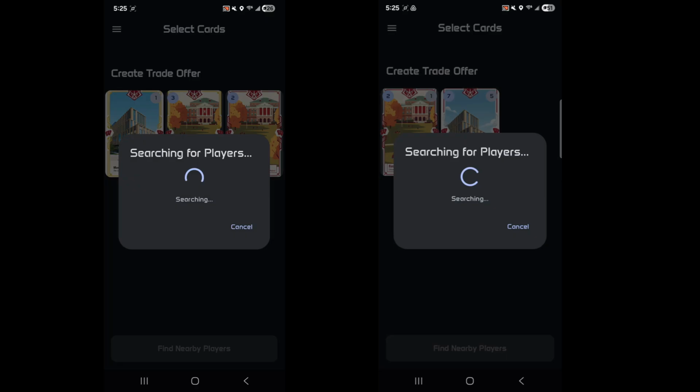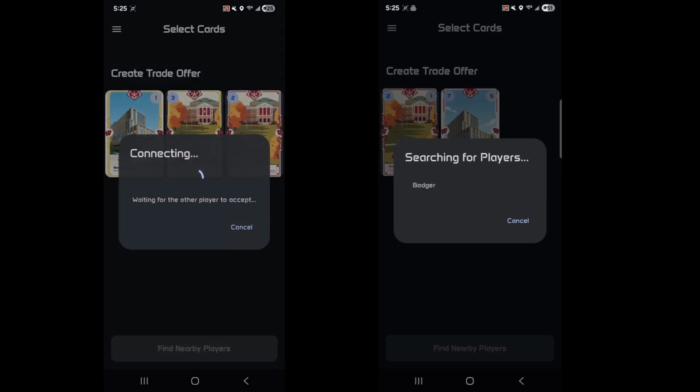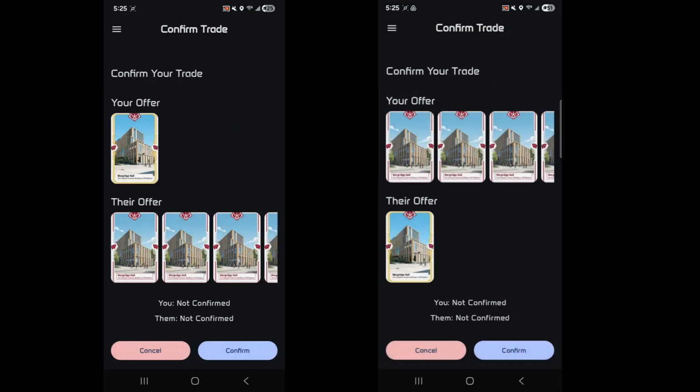We both click Find Nearby Players, and again, this only works if you're near the player you're trading with. And then you select the player you want to trade with. Only one of you has to click it. You can both click it, it doesn't matter. And then